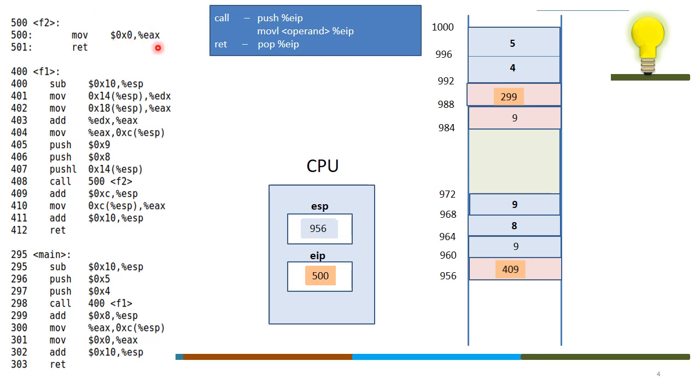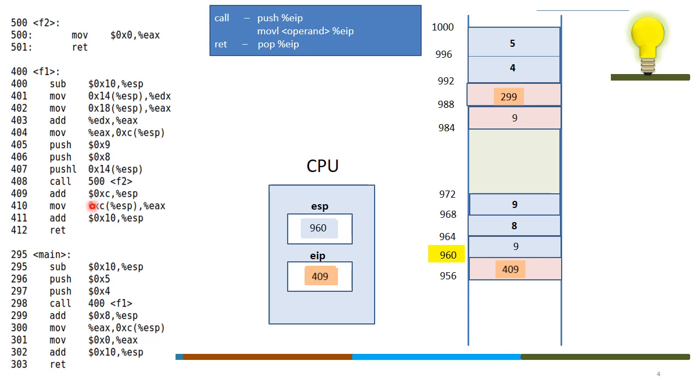0 is moved into EAX, which we have not shown, right? The next instruction to be executed is return. What will return do? Pop EIP. So the stack pointer is now 956. You pop this value to EIP. Just come back. That is beautiful. We have come back to the